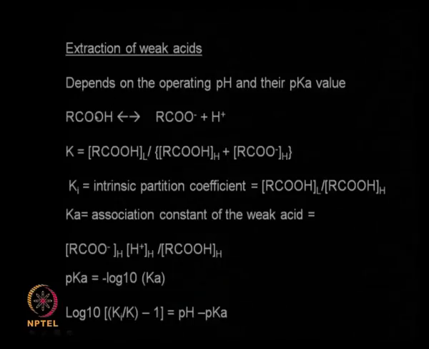Imagine a weak acid RCOOH, it dissociates to RCOO minus and H plus. Now the equilibrium partition coefficient K, by definition there are 2 species here, and there is one species here actually, so you have to keep that in mind, and the overall K is given by